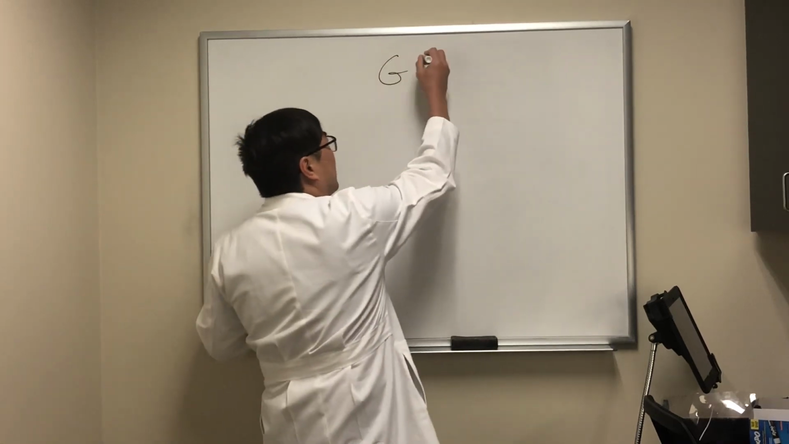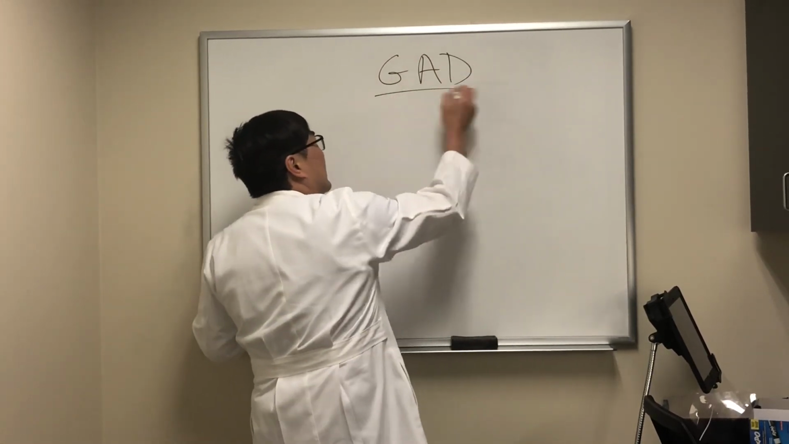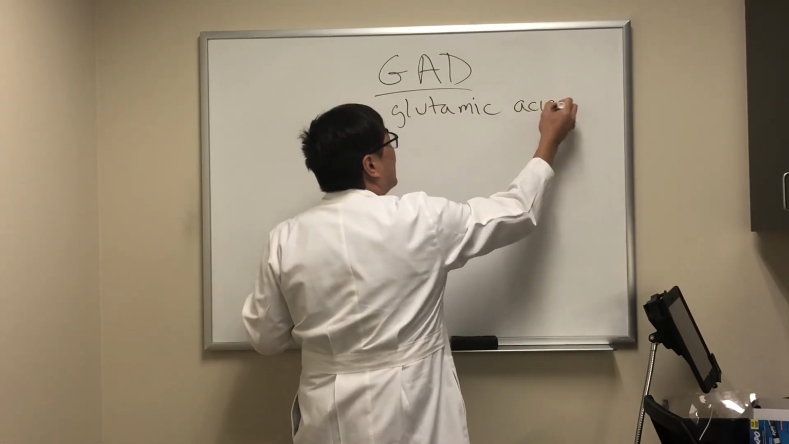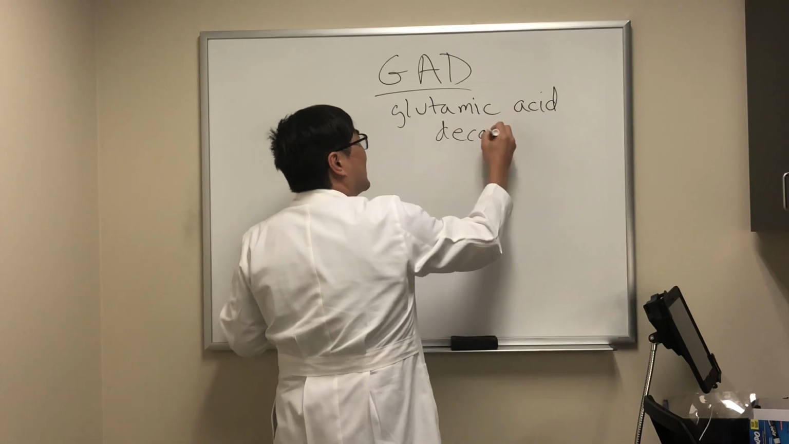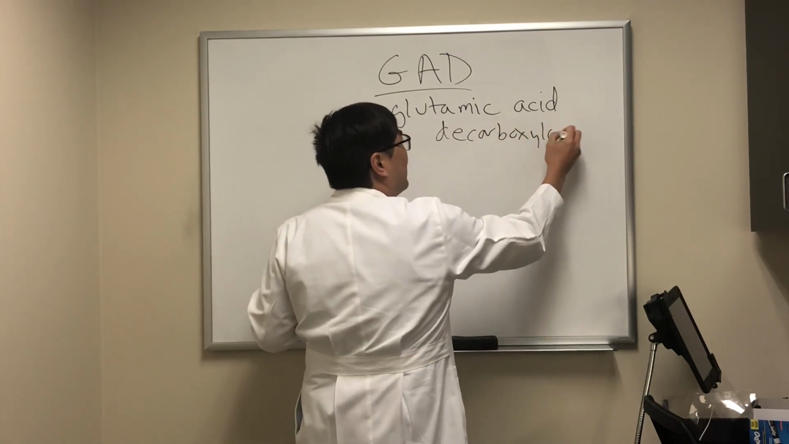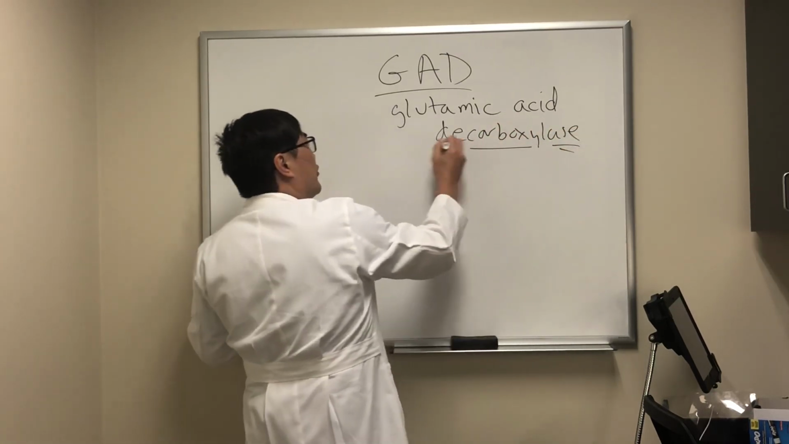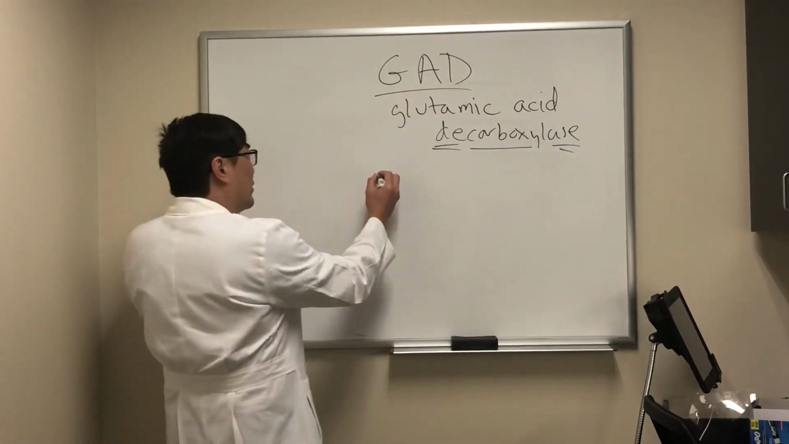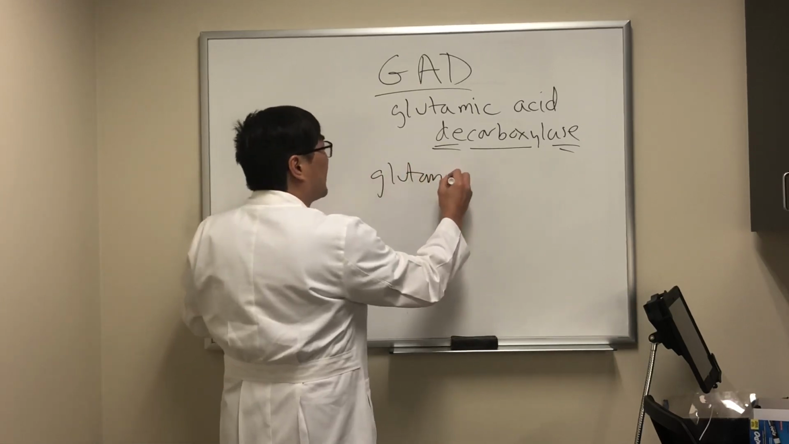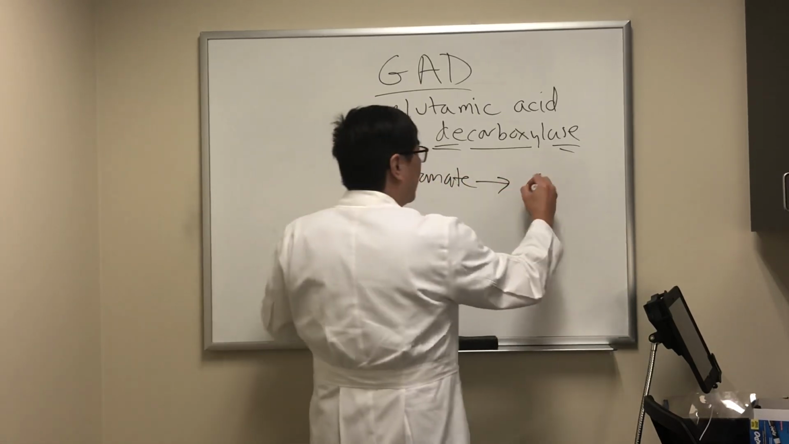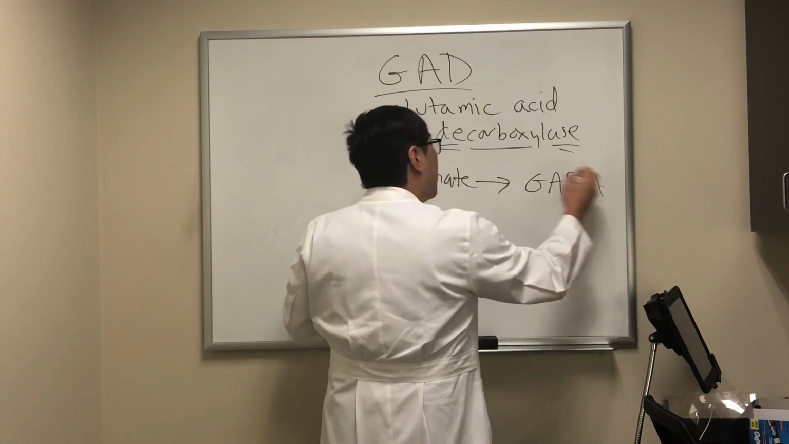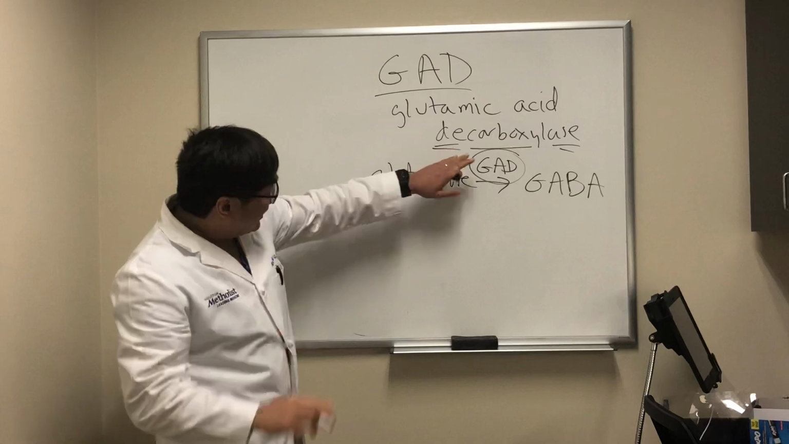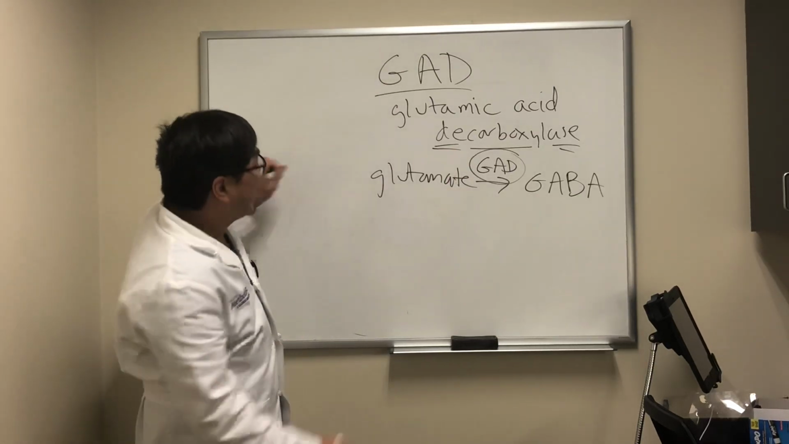So today I'm going to talk to you about GAD, and GAD is glutamic acid decarboxylase. So it's an enzyme, ACE, that removes the carboxyl group from glutamic acid. And so glutamate is converted to GABA via GAD. And the reason we need to know a little bit about GAD, the enzyme, is we can have